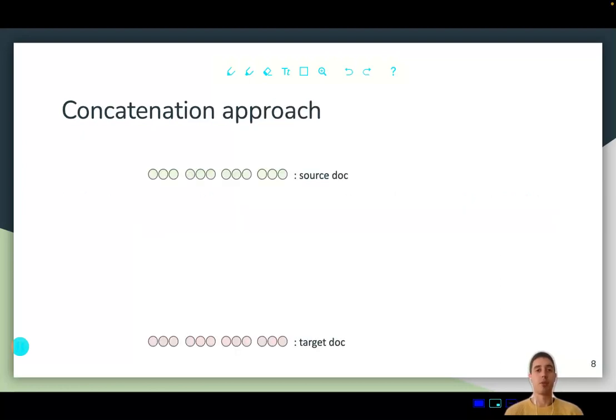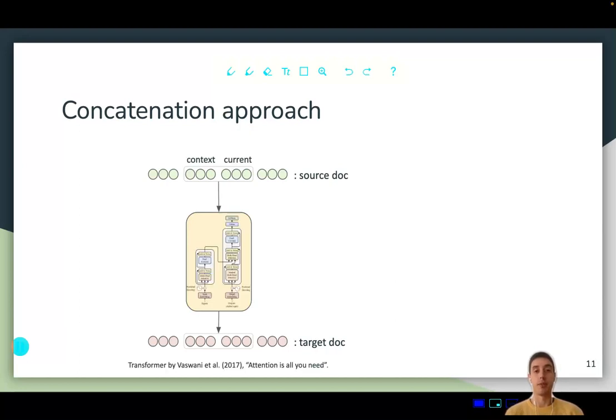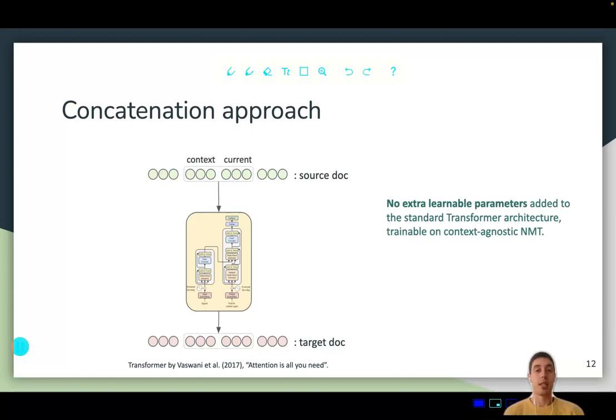The most straightforward approach to context-aware neural machine translation is by concatenation. So if we want to translate a document in the source language into the target language, here we have a document of 4 sentences, we can concatenate the current sentence that we are translating with its context into a unique sequence. In this case, we're only taking one past context sentence as context. Then we can input this sequence into the standard encoder-decoder architecture, which nowadays is the transformer. The advantage of this approach is that we are not adding any extra learnable parameter to the standard transformer architecture,